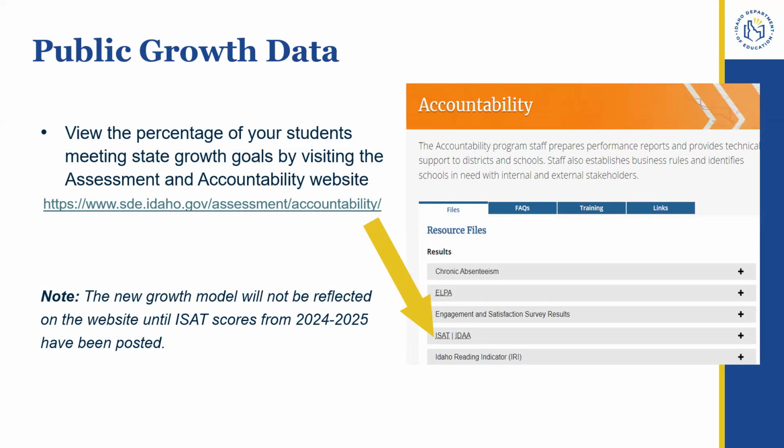To find it, navigate to the Accountability page and find the ISAT and IDAA tab. You can then download the student growth spreadsheet. Please note that the new growth model described in this presentation will not be applied to school year 2023-2024 data, but it will be applied to data from the 2024-2025 school year and beyond.